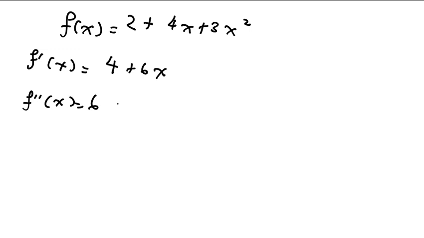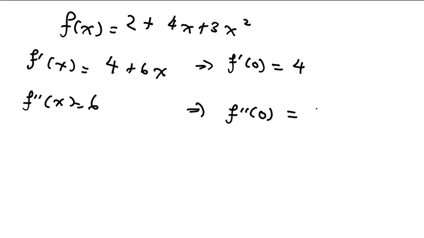So for f prime 0, because for Maclaurin we evaluate at x equal to 0, 6 times 0 is 0, so we are left with 4. And f double prime 0 is always a constant 6, isn't it? Therefore,